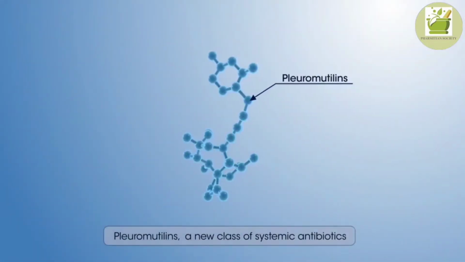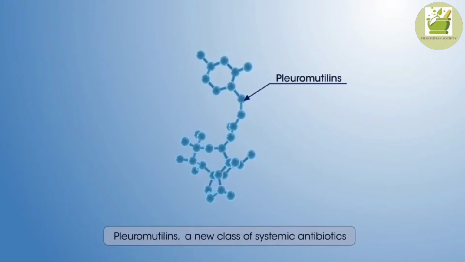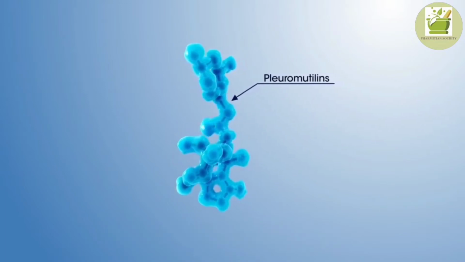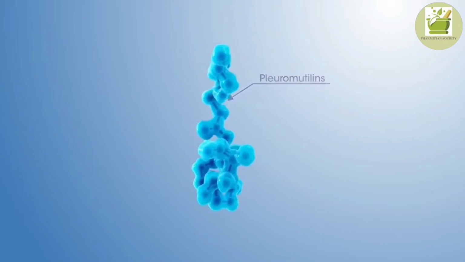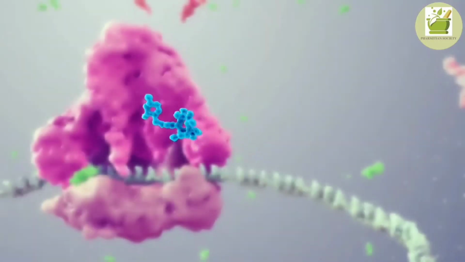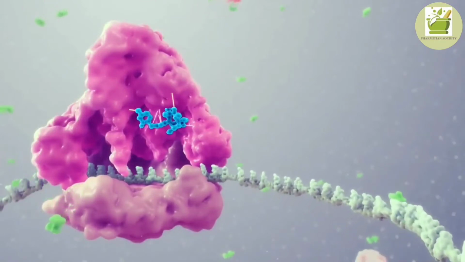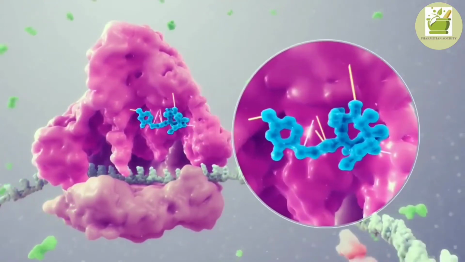Pleuromutilins are a new class of systemic antibiotics being studied for human use, with a novel mechanism of action that results in disruption of ribosomal protein synthesis. Pleuromutilins bind to the 50S subunit of the bacterial ribosome at a highly conserved region on the PTC via multiple